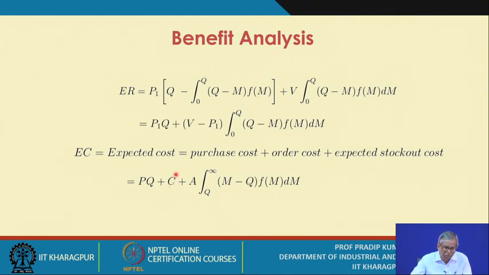Already we have estimated ordering cost per order. One order you have placed because it is a static inventory problem under risk, and this is the shortage one. That means if suppose the demand is more than the order quantity, that means M minus Q, and the M varies from Q to infinity, any value of M is a continuous case. So M minus Q into Fm dm is the expected number of units short, and this is the shortage cost per unit. So that's why it is multiplied with capital A.